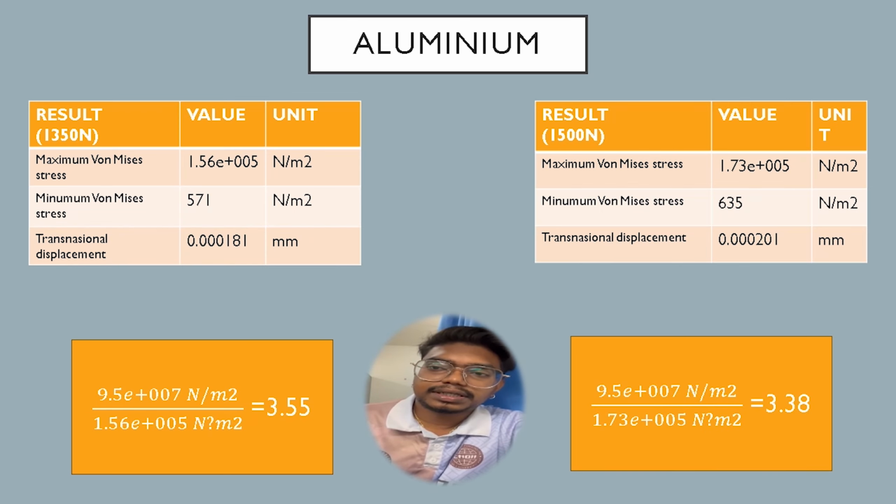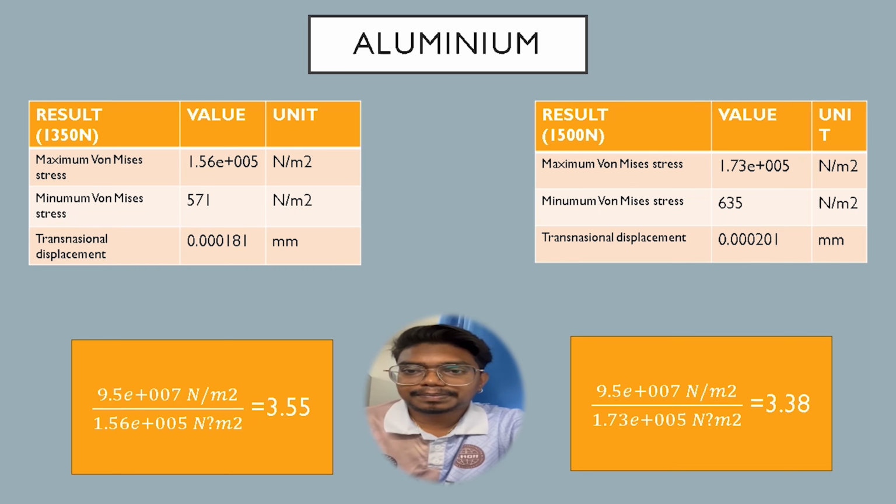Lastly, we're going to see the aluminium. The results for the 1350 Newton is the maximum von Mises stress is 1.56 E plus 0.005 Newton meter square, and the minimum von Mises stress is 571 Newton meter square, and the translational displacement is